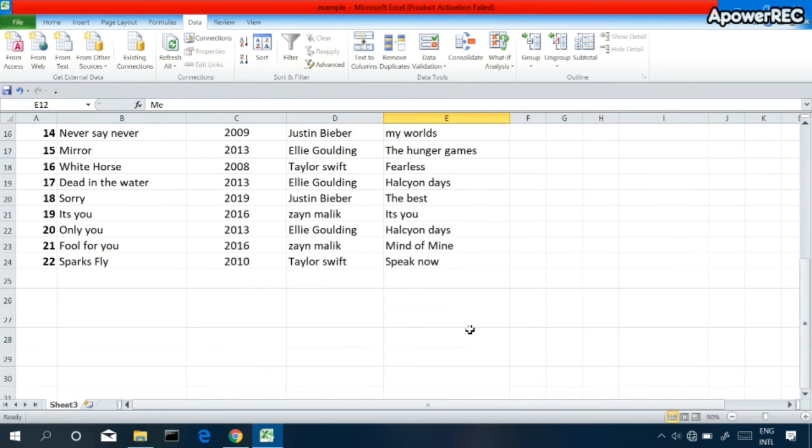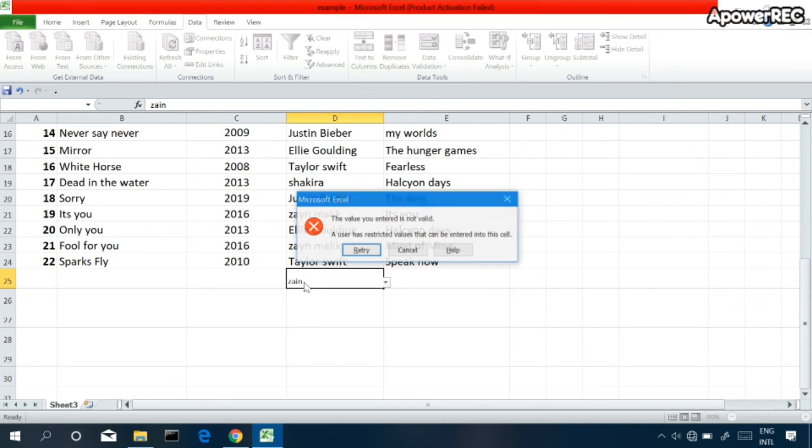Okay. Now you can see whenever I select a particular cell, it shows me this drop-down and I can select anything I want. It also cross-checks whether the spelling is correct if I try to enter an artist name manually. Let's see. If I enter the artist name with a misspelling, it shows me that it does not match the source.